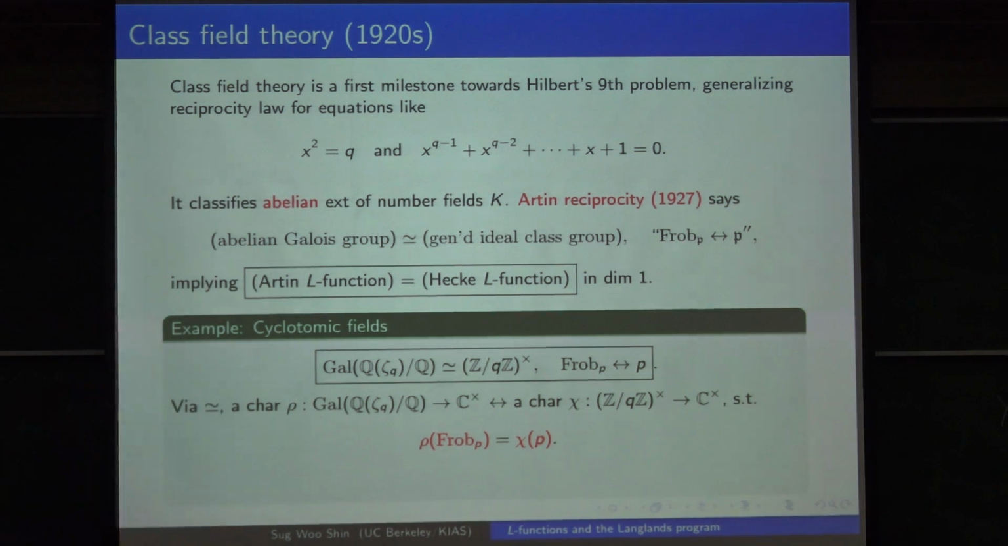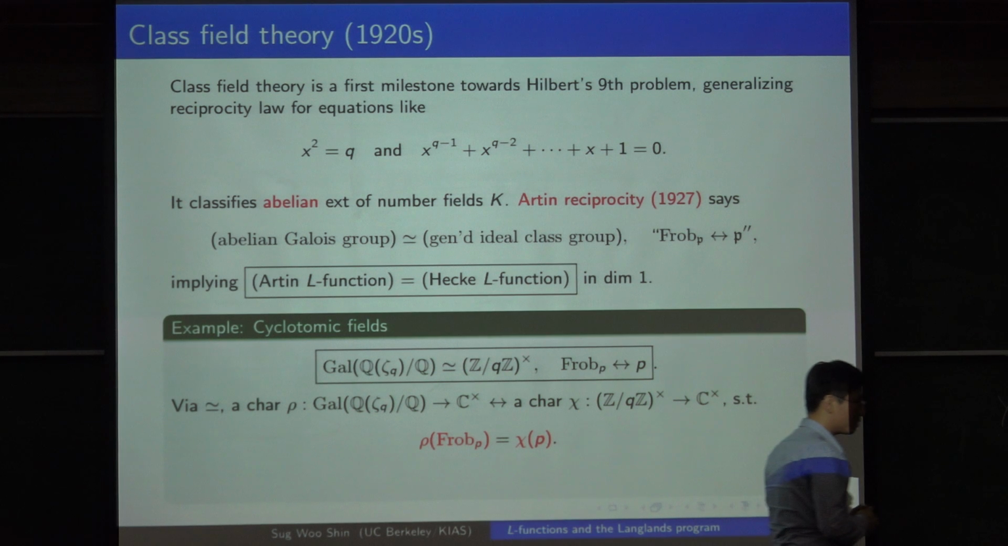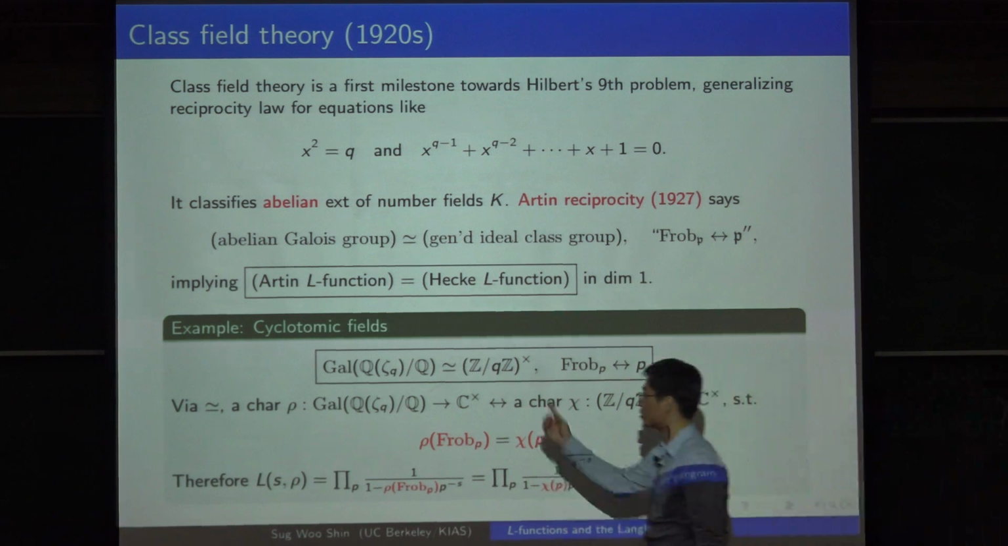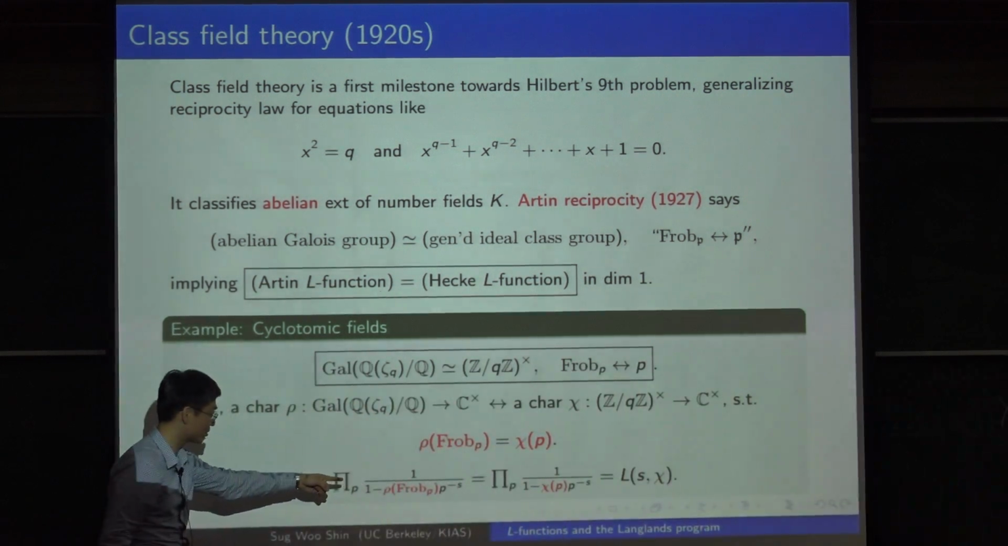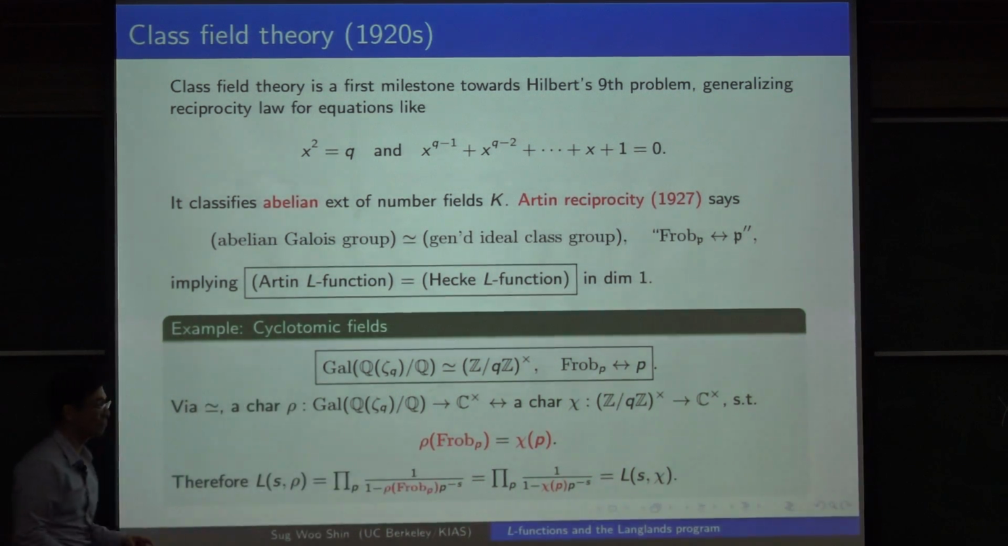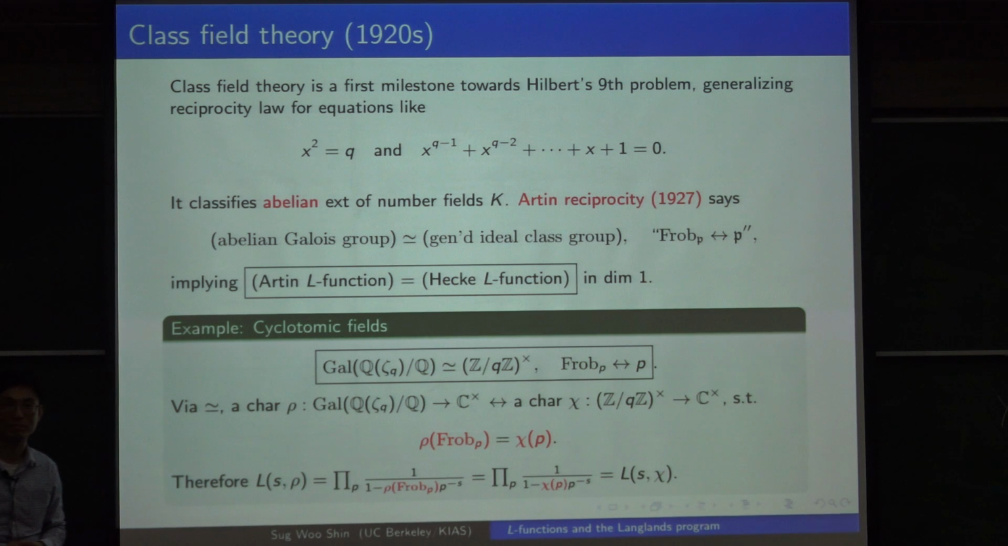Right? Because you get chi from rho by just composing with the isomorphism. So what this tells us about their associated L-functions, remember that L-functions are given by infinite products, Euler products. The Artin L-function in the dimension 1 case was the product of 1 over this number, and the Hecke L-function was that. But because the coefficients are equal at every prime, well, of course, going back to that question,